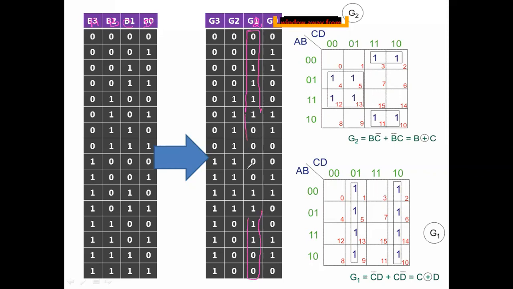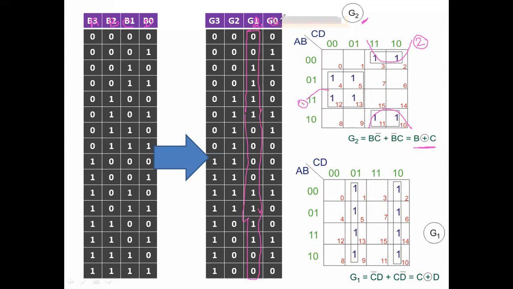So once you fill the Karnaugh map, you know what is the next procedure? Taking the common variable outside. So here, draw the Karnaugh map to get G2, then fill the values. Then again, common variables: totally 4 ones grouping, another 4 ones grouping, another 4 ones grouping. So from this, you got B C bar plus B bar C, which is equivalent to B XOR C.